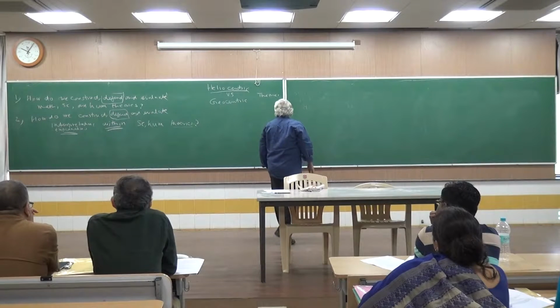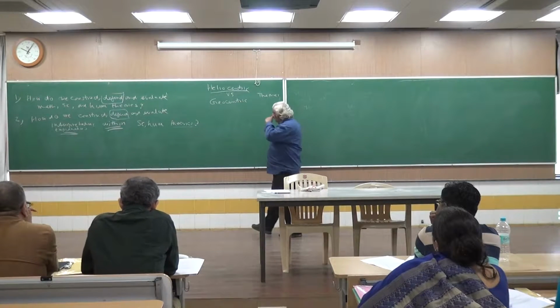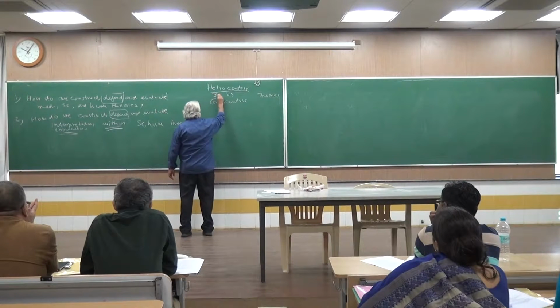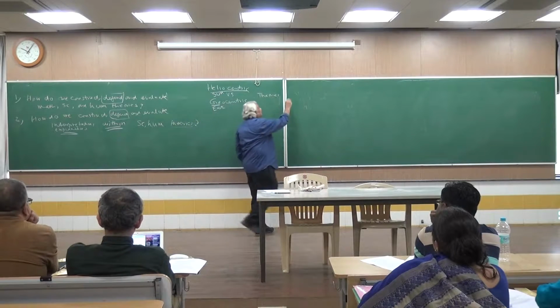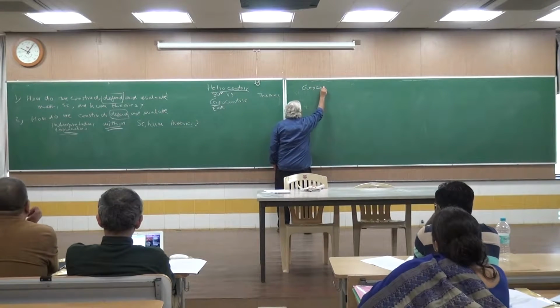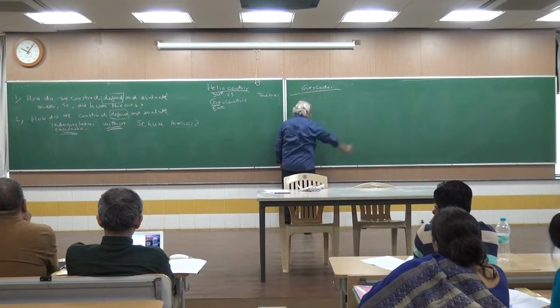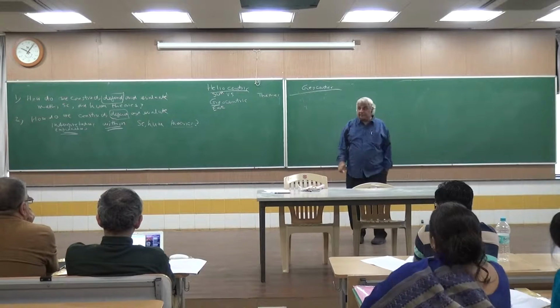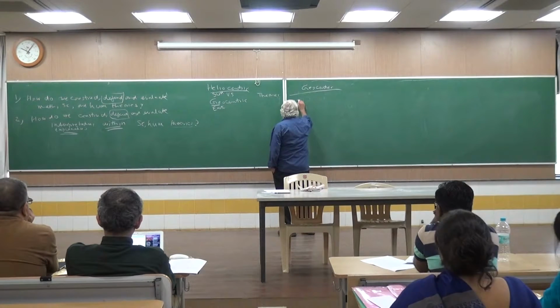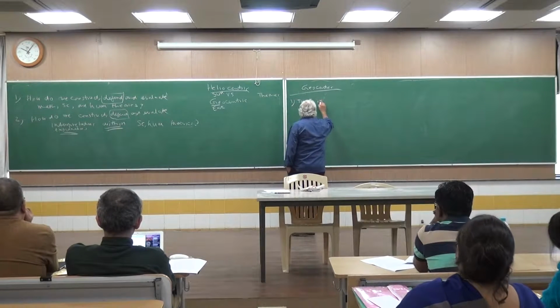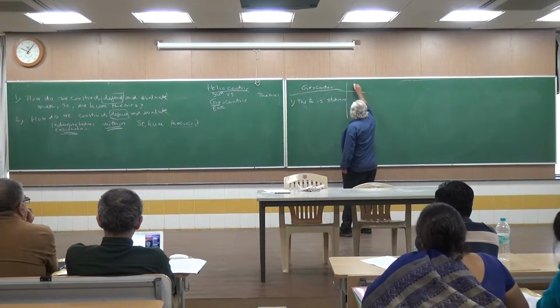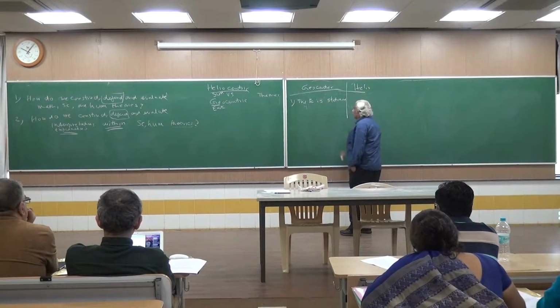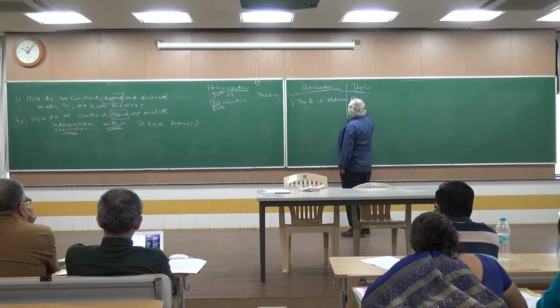So what exactly are the differences between these two? Even though they are called heliocentric, that is sun-centered, and earth-centered, the crucial difference between them is that the geocentric theory is built on the following propositions. Number one, the Earth is completely stationary. And in contrast, the heliocentric theory negates this. The heliocentric theory says no to this. The Earth is not stationary.